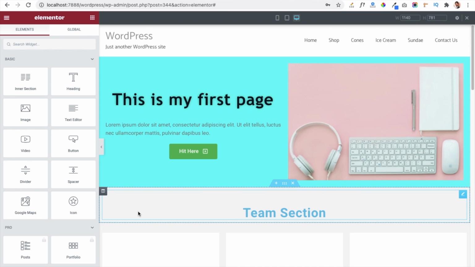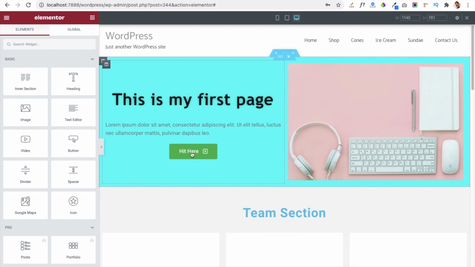So you can see this is our Elementor editor and we have created a header section here. Our first section is the content area on the left side, and in the second column we have an image on the right side. Now we have to manage this text according to smaller devices, or you can manage your website according to tablet or mobile view. You just have to click on the responsive mode button here.